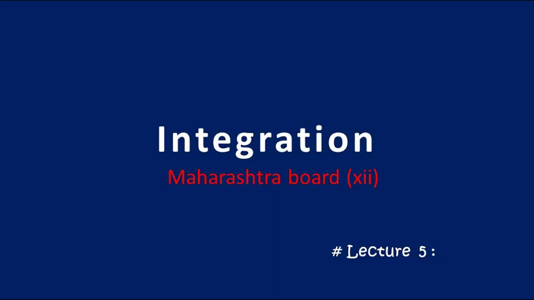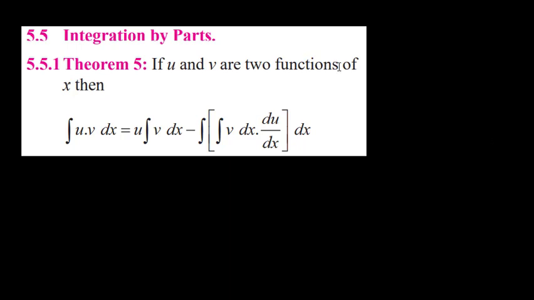Hello everyone. Today we will see integration by parts. Integration by parts is also called the UV method. Why do we call it the UV method? Here we try to integrate a function which is in U into V form, where U and V are both separate functions of the given variable, say x.